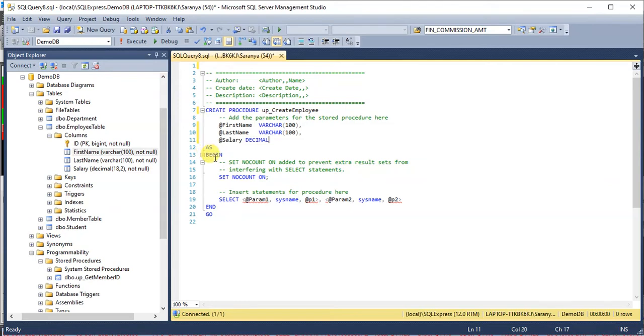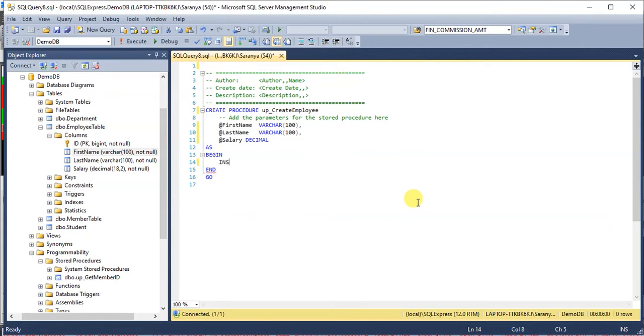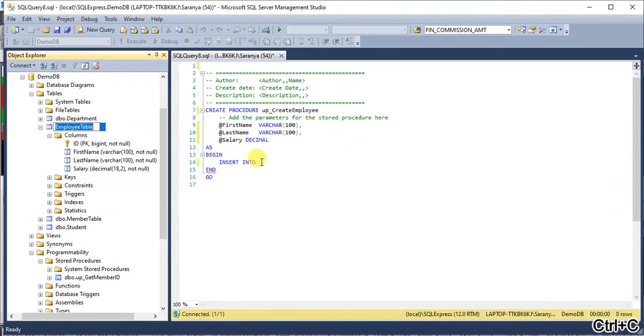Next is BEGIN, and in between this we have to create an insert statement for this table. Insert into the employee table.